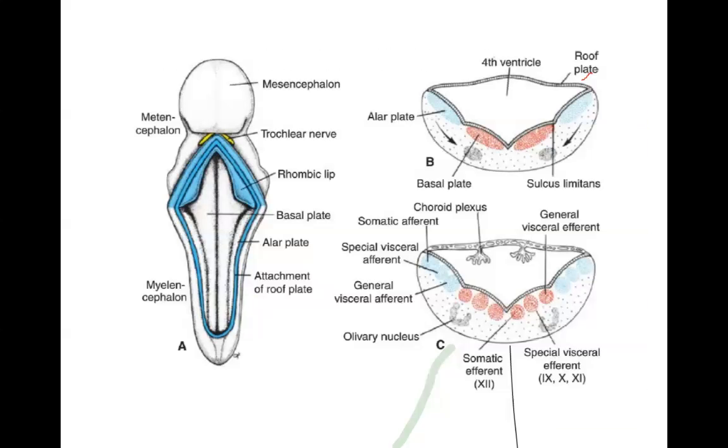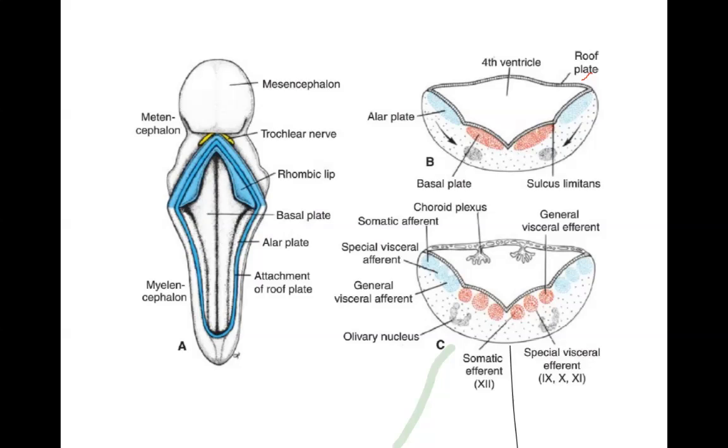Now, similarly, you can see this diagram, which I've taken from the book. If you look at diagram B, you can see that the alar plates, below them, there is an arrow. There's an arrow because, like I said, they've actually moved down. They were originally the posterior horn of the spinal cord, but now the alar plates have moved down and they have come to lie near the red basal plates. And the central canal has expanded into the cavity of the fourth ventricle.